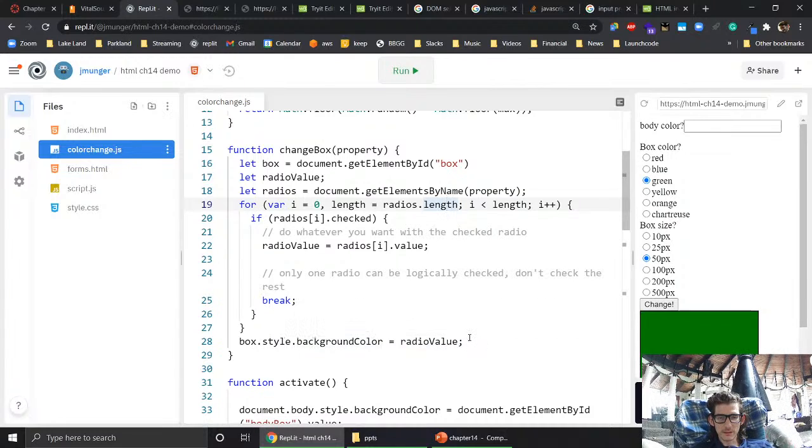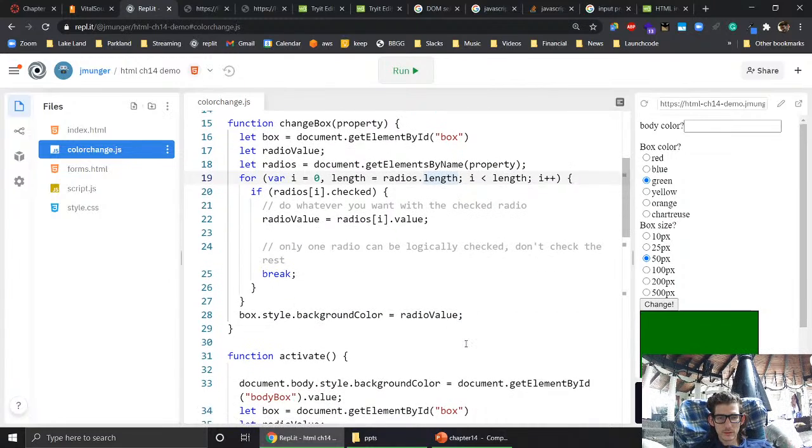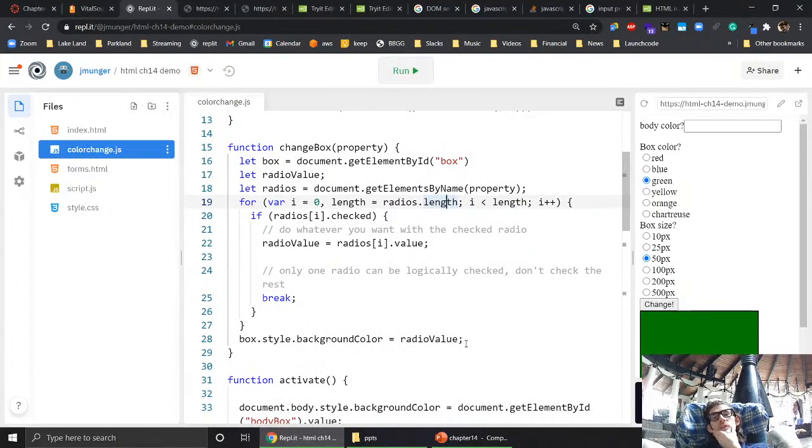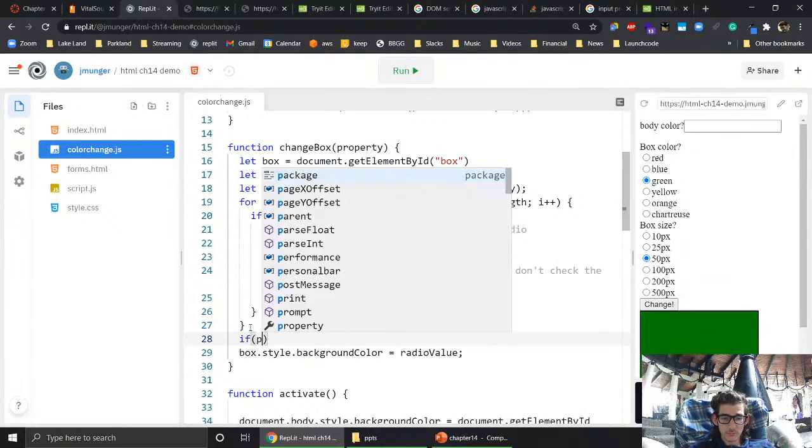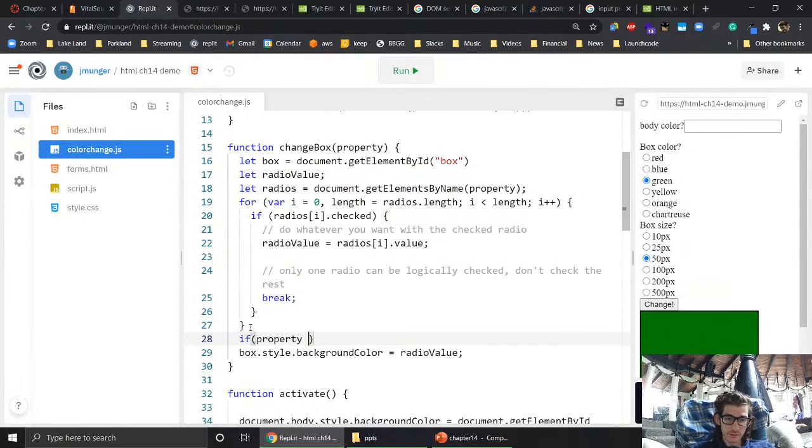This one changes the background color. I guess we would need two functions for that. I guess we could do an if statement here. So if property equals, so the comparison operator in,